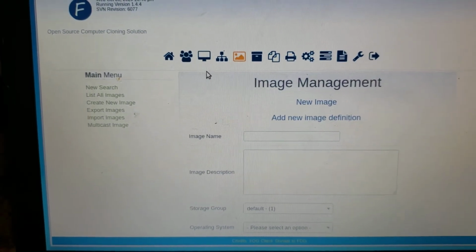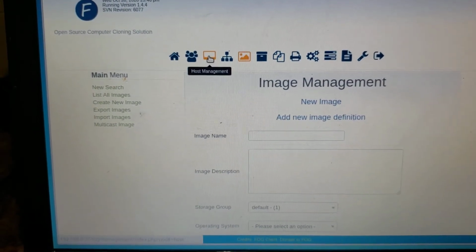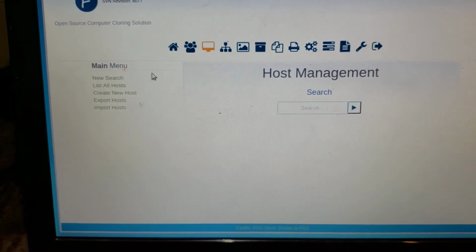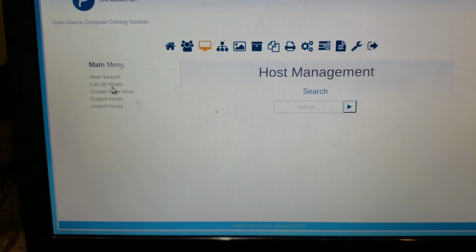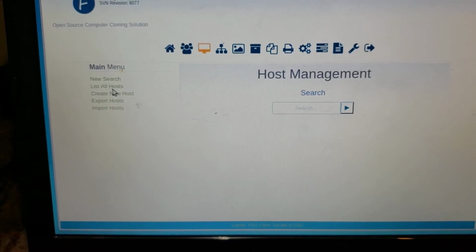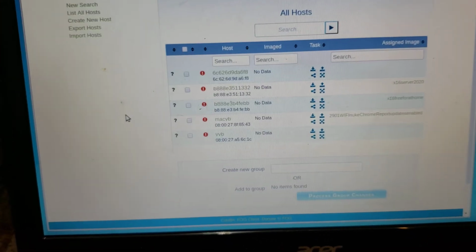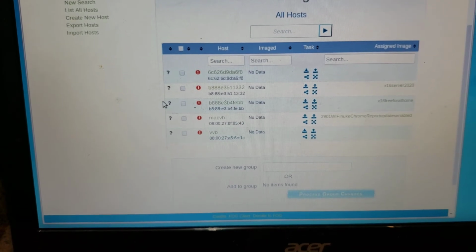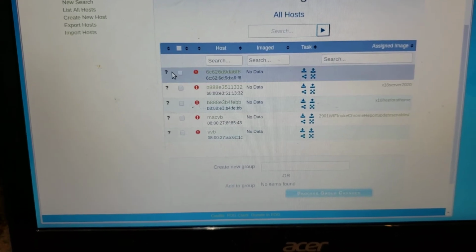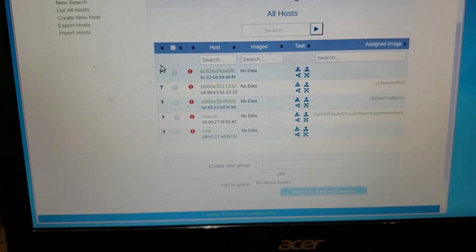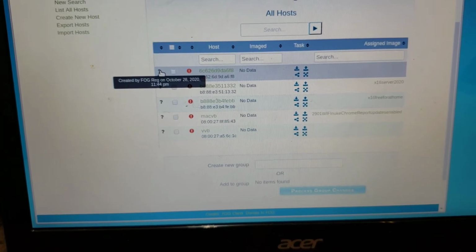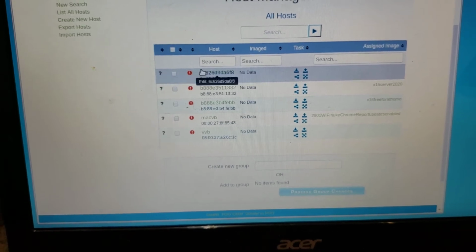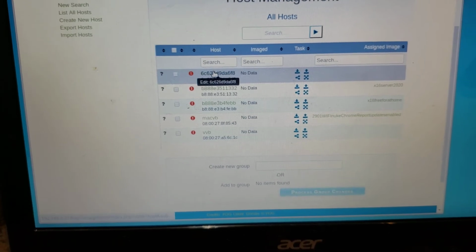Okay, there's a whole bunch of different features in the management system. Let's go to the host management because we just created that host. And we're going to list all the hosts. Okay, now I've got a whole bunch of hosts here. How do I know which one I just made? Well, I can hover over the question mark and it'll tell me the date. Okay, that one was built today, so this is the one that I just made. So I'm going to click on the host link